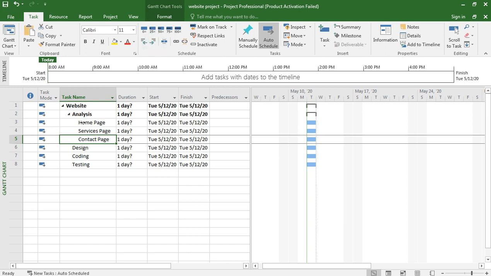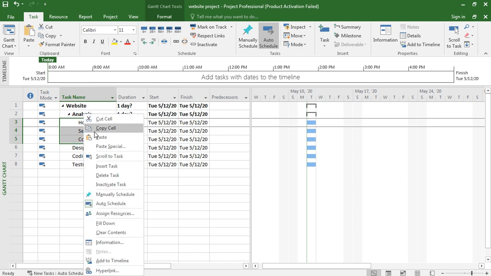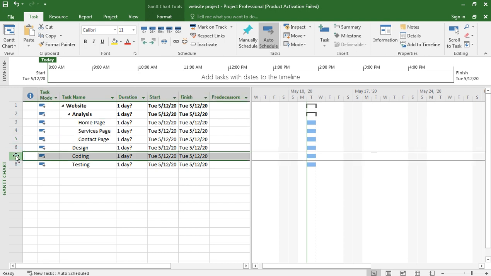In the design we have to select all these three and copy, and we should insert a task here and paste.